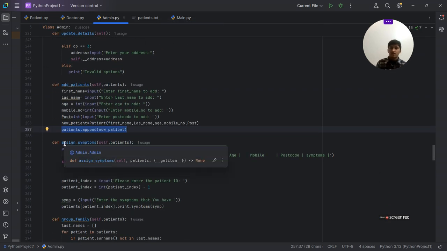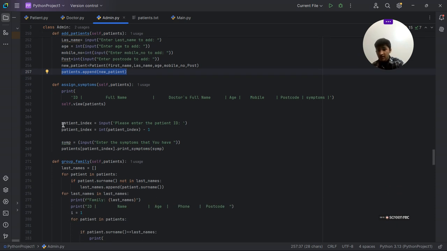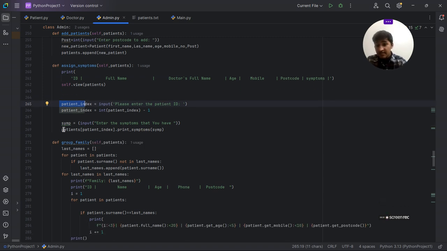Assign symptoms. Here admin can assign the symptoms of the patient manually. Here patient list is printed, and according to the list we can type the index of the patient and set